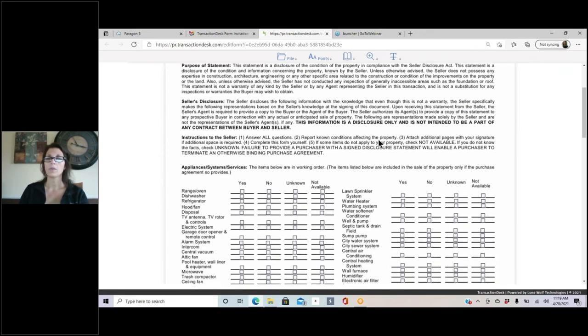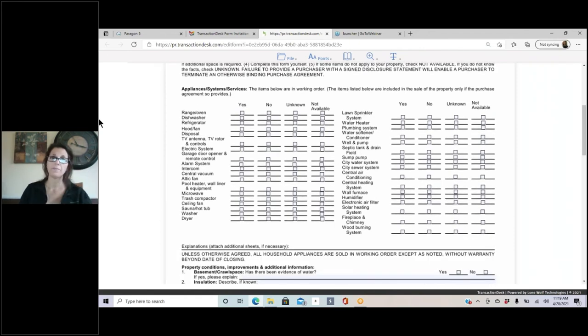So now what they're going to do is you're going to tell them to walk through it, and you're going to explain to them: yes means that it works, no means it doesn't work, and not available means they don't have it. And unknown, I find, is the biggest mistake most of my clients make. They know that they don't have it, they're thinking, but they want to make sure they mark not available. Also for appliances, if they're not including them, make sure they put on here not available, because otherwise if they put yes that it's working, that means it's being included in the sale, which we want to make sure there's no confusion there. So I'm going to go ahead and just select a few of these real quick,